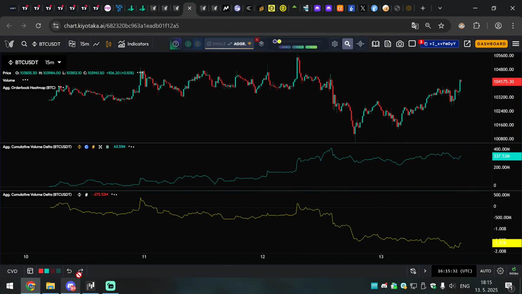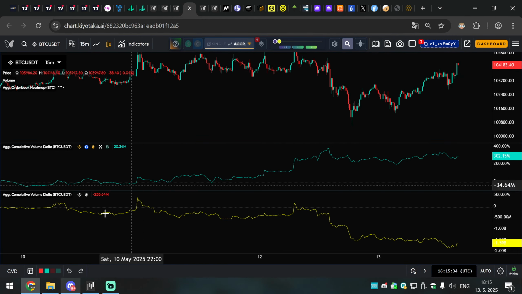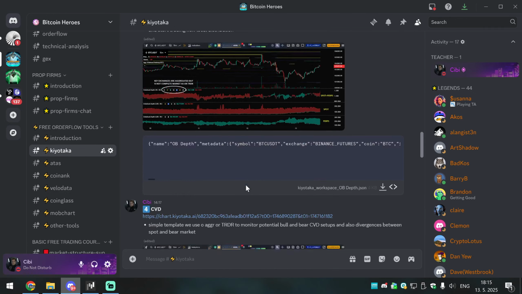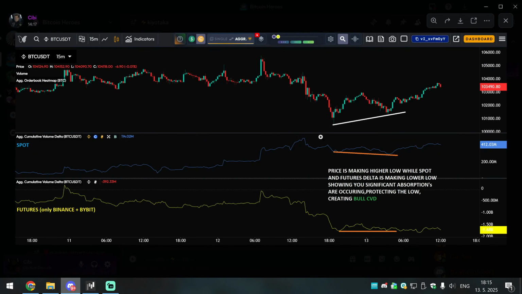If you want to see the setup, I was already doing this setup example in the Discord, so I can just show you a screenshot, so I don't need to draw. But for example, the utility of this template is pretty crucial, I would say. You can see you are creating a pretty big low yesterday, high volume. It was a really good reversal, but now you are pushing to the upside. You are coming for the pullback, but what you see if you are in long here, you are seeing there